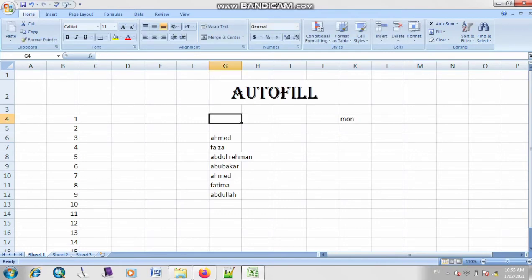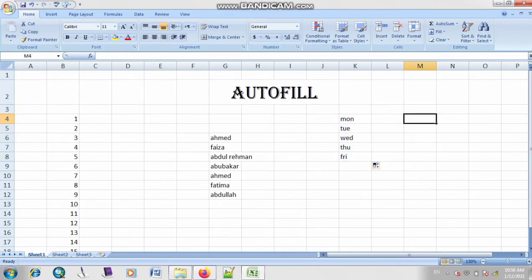As you can see, the days' names are very common: Monday, Tuesday, Wednesday, Thursday, Friday and Saturday. So what you have to do, you just have to click on your cell's bottom right corner and drag it. So as you can see, your days' names will also appear through the autofill feature.